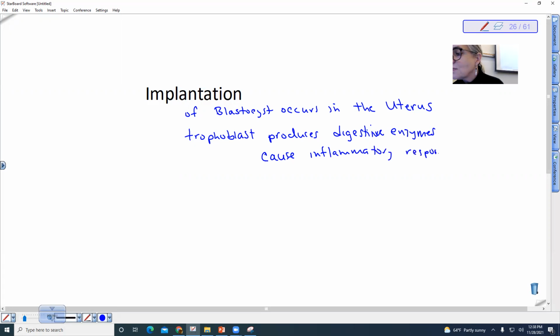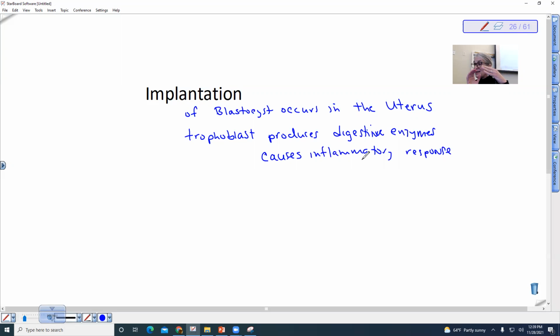which remember is this response that is related to the immune system. So inflammation leads to histamine being released. It leads to the blood vessels becoming leaky. And so that fluid will actually leak out of the blood vessels. And then you get cells coming in and thinking that there has been a breach of the body by a foreign body. So this inflammatory response is interesting, and it actually creates this environment where the embryo is actually